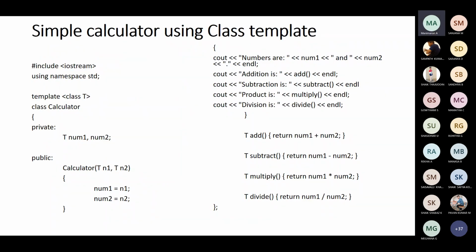So this is a simple calculator program using a class template. Just observe it, you can easily understand this one. At one glance itself, you will get to know what it is. These are all the required header files, and then the template declaration, and the class. The class name is Calculator. Here we are dealing with the data, so we are declaring it under the private access specifier. So here T,